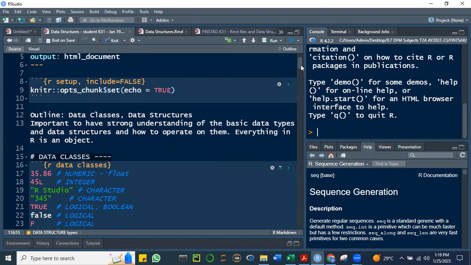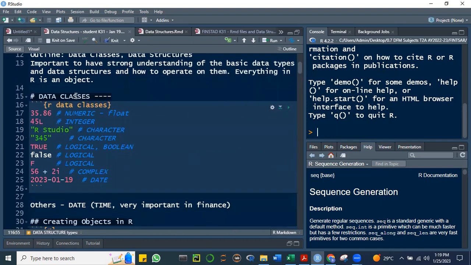I think 9:15. Okay, so for R, there are different types of data classes. Here is our code chunk, and I gave this a name, data classes. So first, a data can be numeric. In other languages, it's called a float. Any number that does not have an L attached to it is numeric. When you say numeric, that number can take on any decimal place,